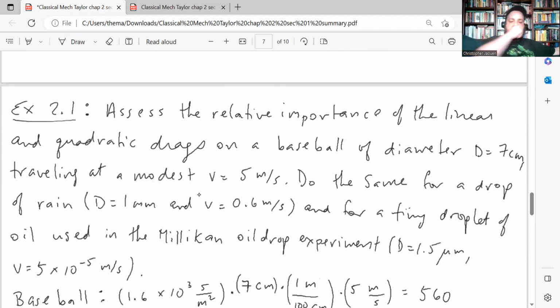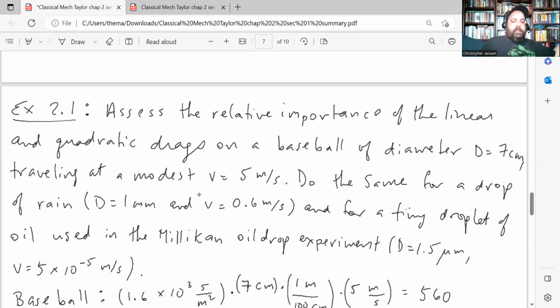Then we have an example where we calculate some values using that formula. So assess the relative importance of the linear and quadratic drags on a baseball of diameter 7 centimeters traveling at a modest 5 meters per second. Then he wants us also to do the same for a drop of rain, which has a diameter of 1 millimeter and a velocity of 0.6 meters per second. And then also for a tiny droplet of oil used in the Millikan oil drop experiment. Here the diameter is 1.5 micrometers,